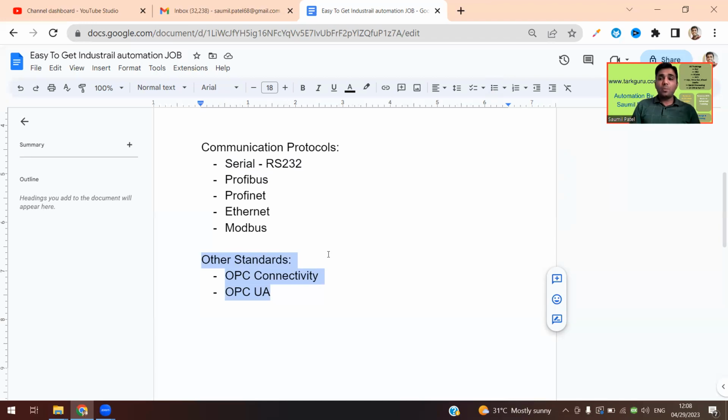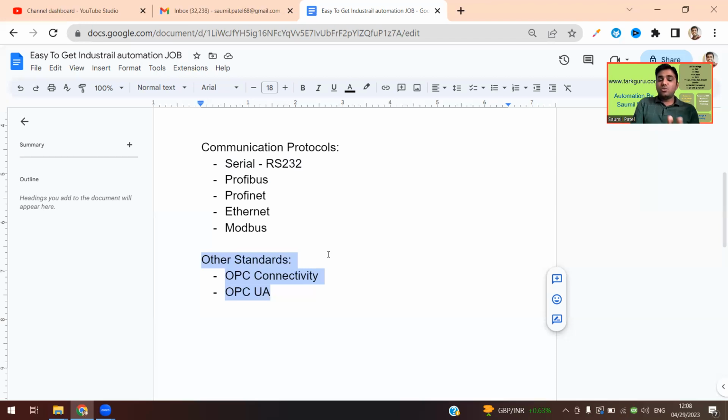Now the OPC can be of anything. It can be Kepware, Matrikon, Softing, whatever it is, but you need to know how to configure it. You need to know how to fetch the data from the PLC via this OPC connectivity. It can be over Ethernet. See, if you have installed the OPC on your laptop and you need to connect the PLC via this OPC, obviously the Ethernet protocol is used, but there is an OPC standard you are using. I don't recall the full form of OPC, but you can search it on Google.